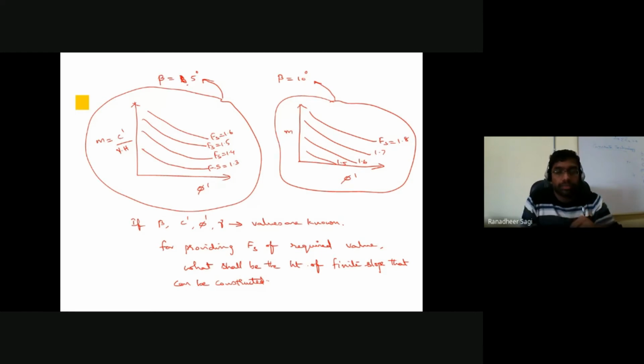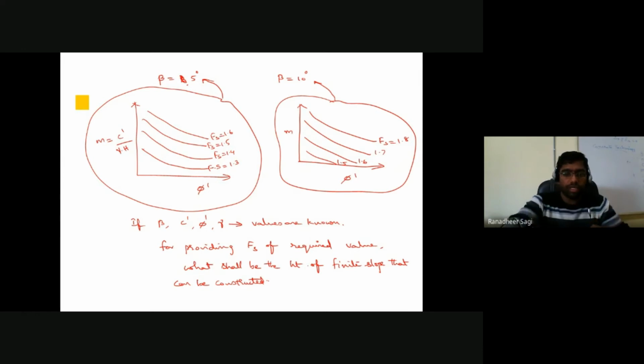Or if at all the parameters like the beta value, height of the slope, C value of the soil, phi value of the soil, and unit weight of the soil are known, then I can go on to understand the other one. What is the other one that I can go on to calculate? If the phi dash value on the horizontal axis is known, and that particular set of standard chart is given for beta of so and so, then on the vertical axis it is a ratio of C by gamma into H. So C value is known, gamma value is known, and H, the height of the embankment or the slope you want to construct, is known.